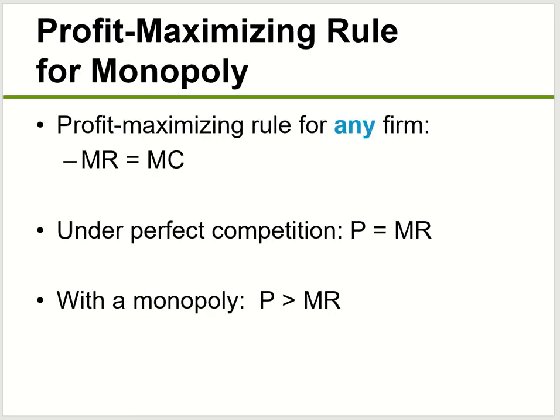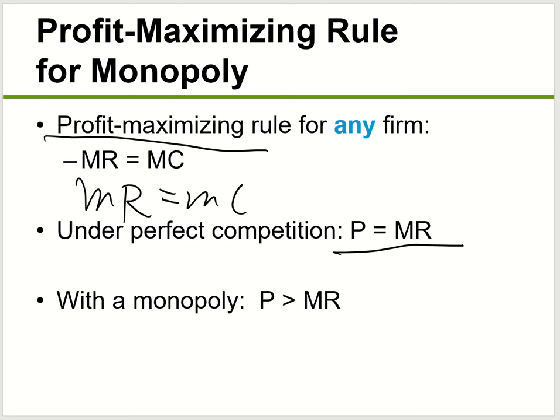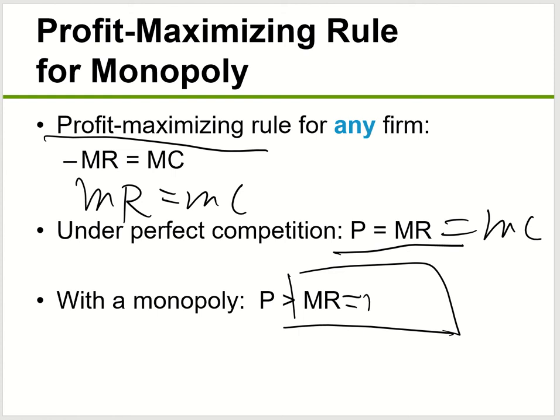All right. So the goal for any company is still true. The goal for any company is to maximize profit. Now, to maximize profit, we look for wherever the marginal cost equals marginal revenue. Under perfect competition, we said the price equals marginal revenue, so set this to the marginal cost and you get your profit maximizing quantity. But for monopoly, our price is more than marginal revenue. So we're going to look for this individually, where the marginal revenue is equal to marginal cost, and then find the price later.